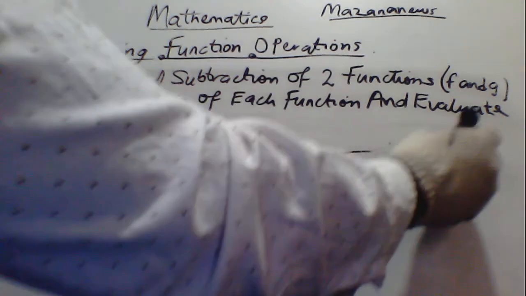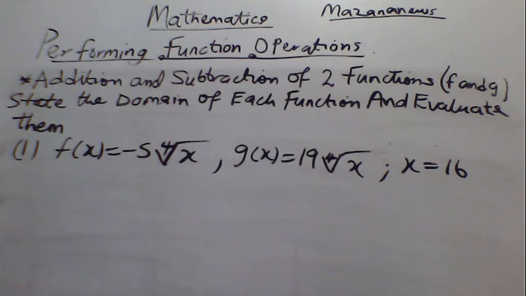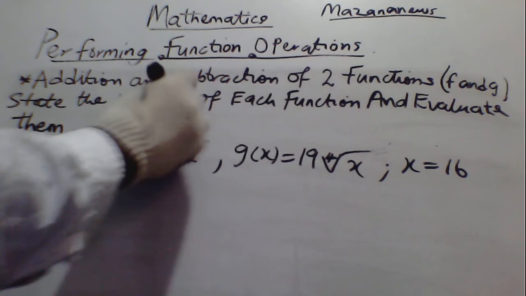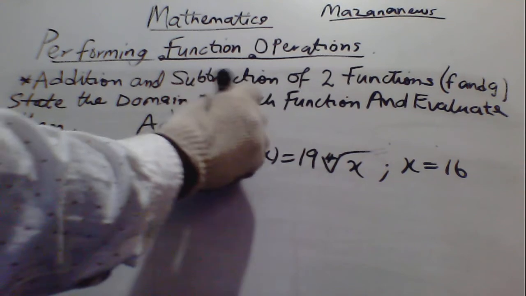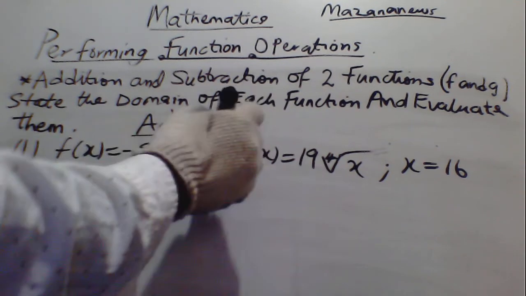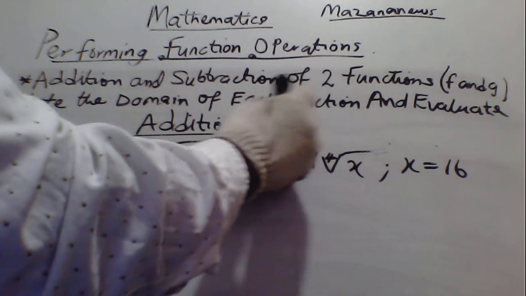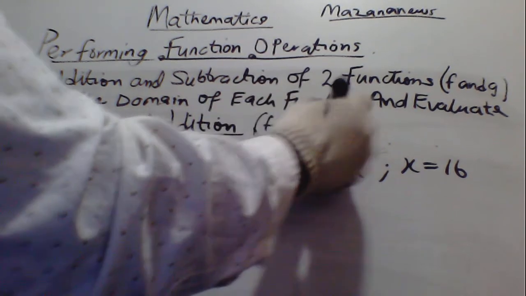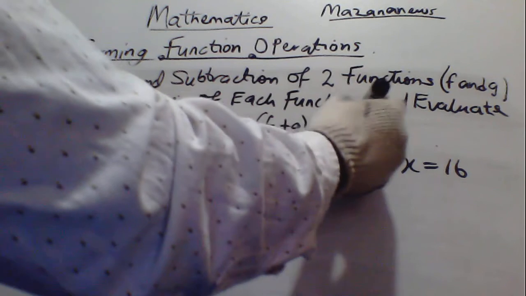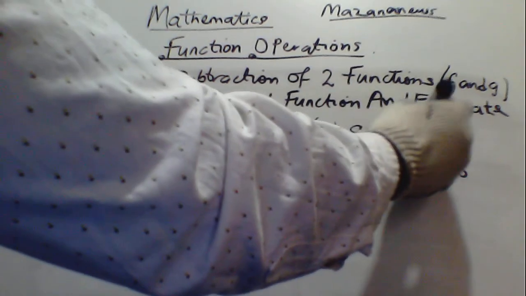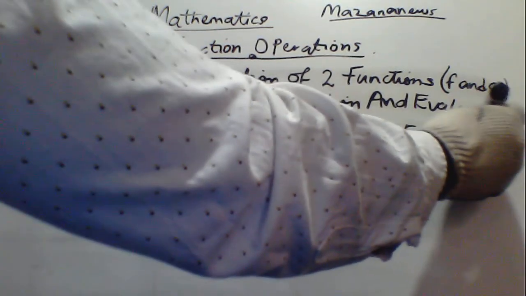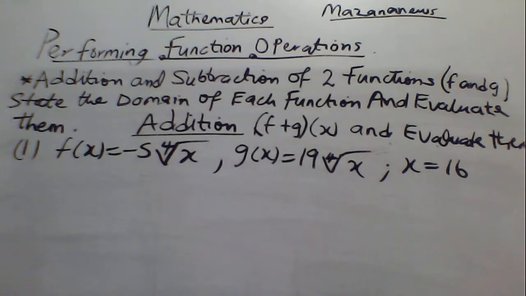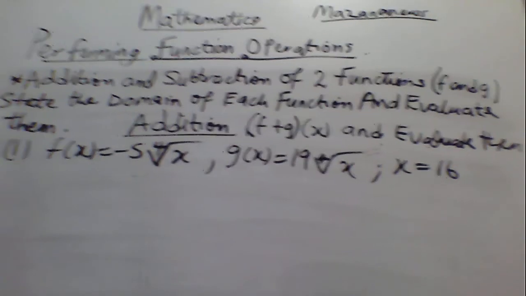I hope you are following. So the first is addition. Let's go for addition. This is example f plus g, a function of x, and then evaluate them. So this is the first